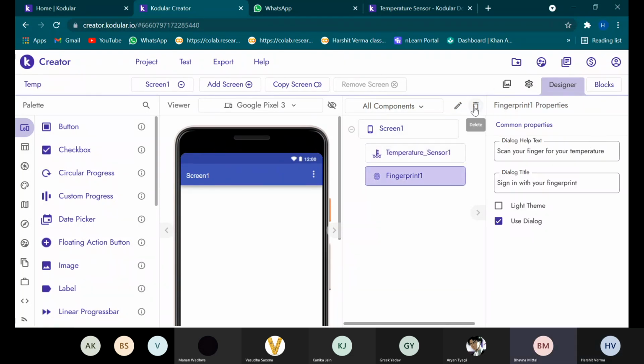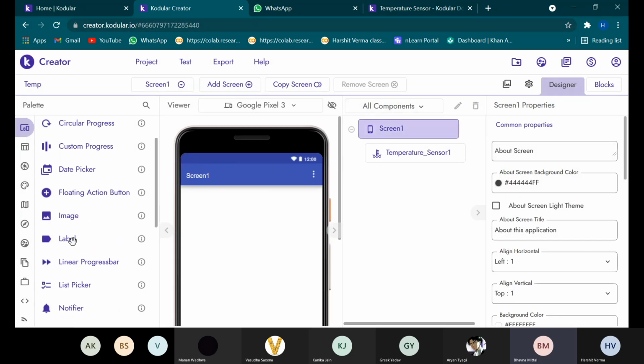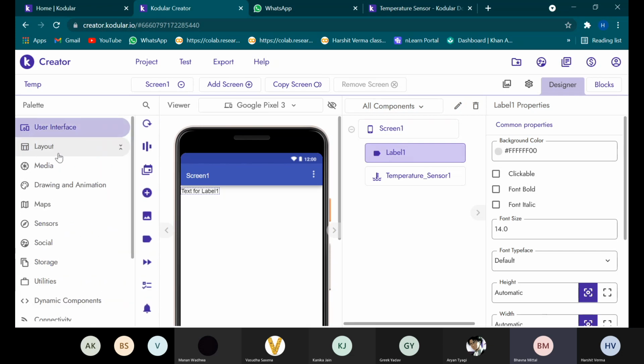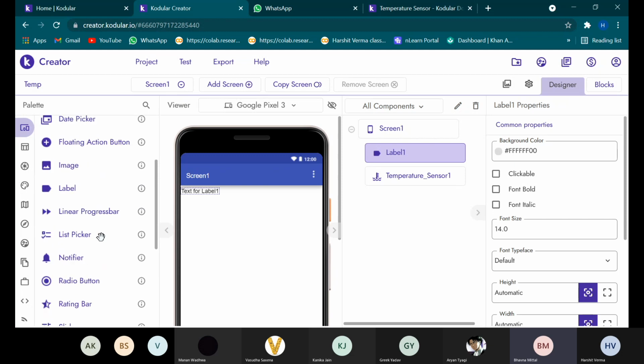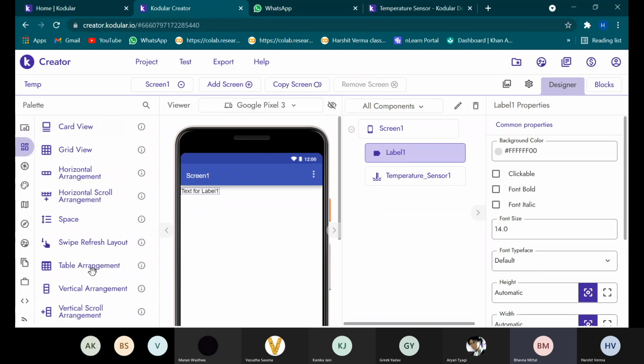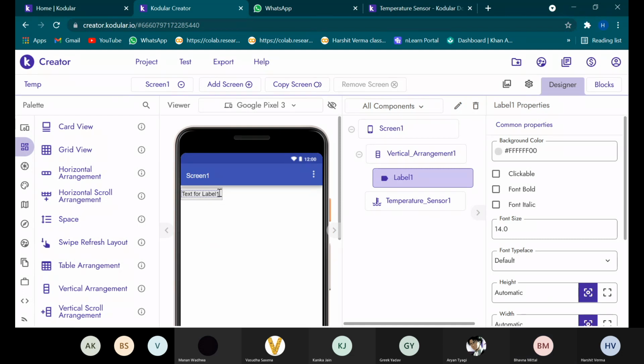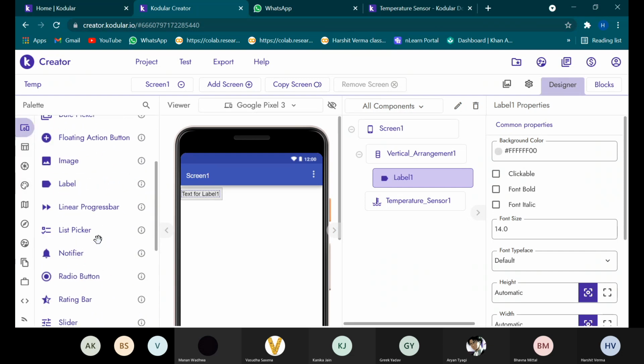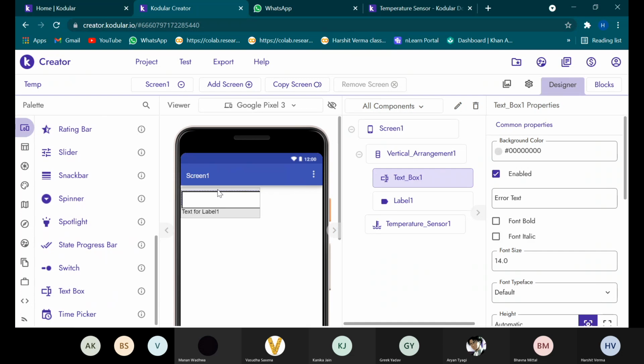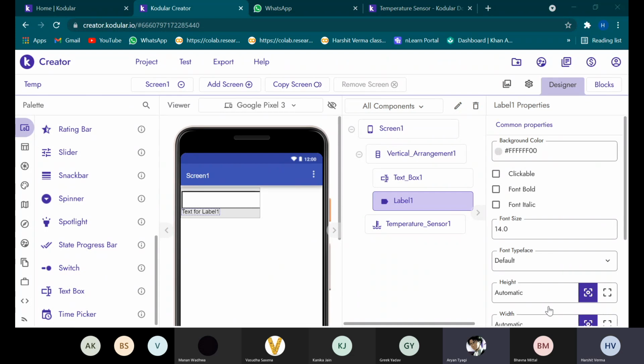Yes, Harshit, it is visible. Harshit, you are muted if you are saying something. No, I'm not saying anything.